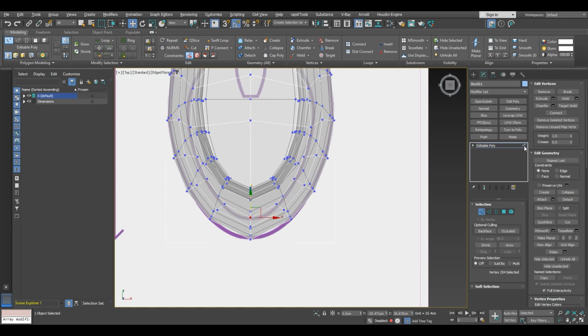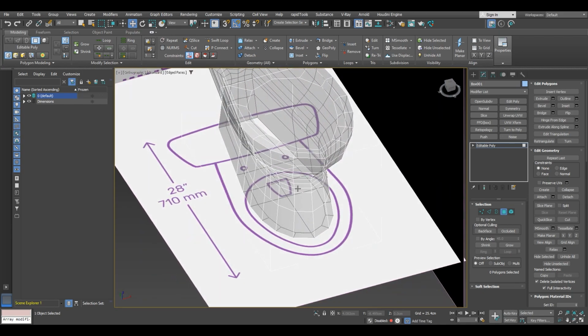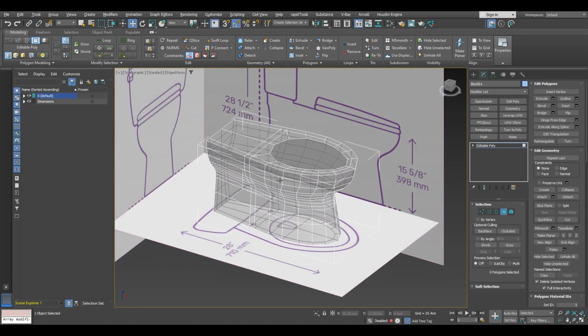After we are done, we will change the selection to polygon, and we will delete those polygons. So note that 3ds Max will remember the selection. We can add a swift loop somewhere around here and